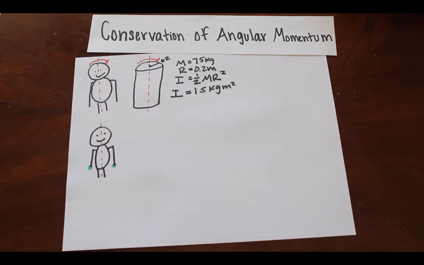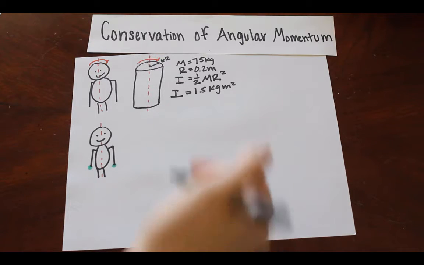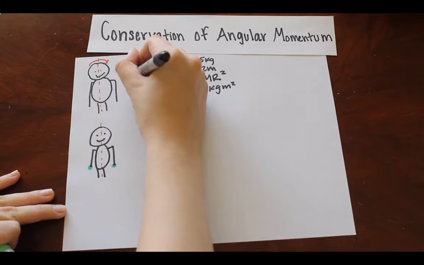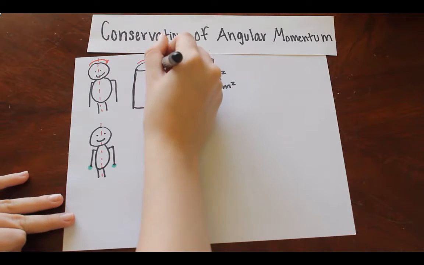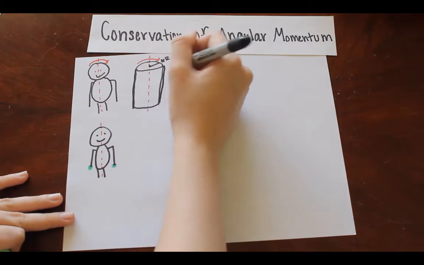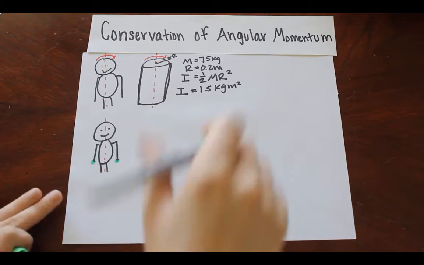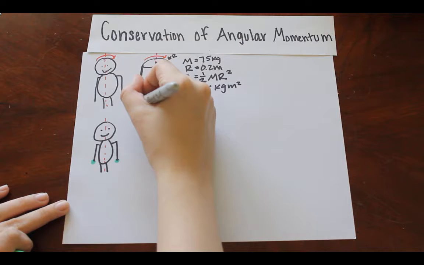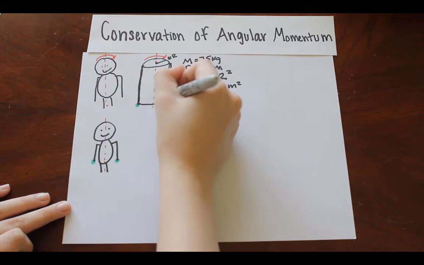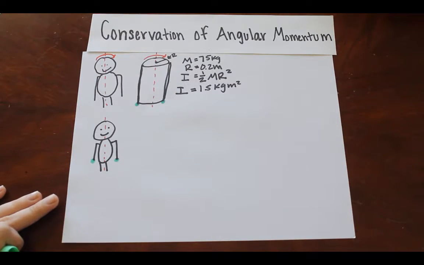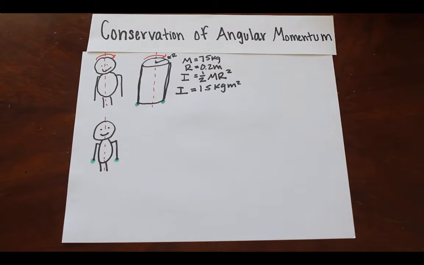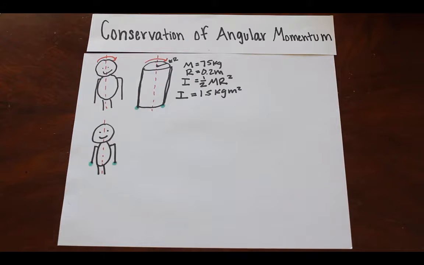So now that we've drawn it, we're going to go ahead and add the arms and the weights onto our cylinder, just for representation. And then we can go ahead and use the same I equation to solve for a new I. So now that we have that drawn, we're going to use the same I equals 1/2 mr squared, but since we already know the original inertia of the